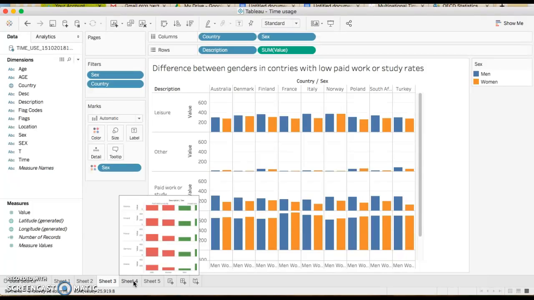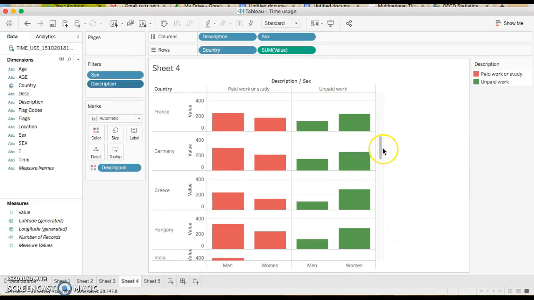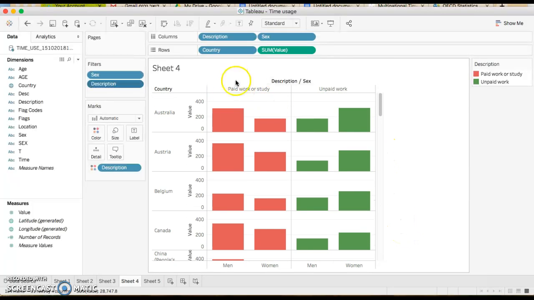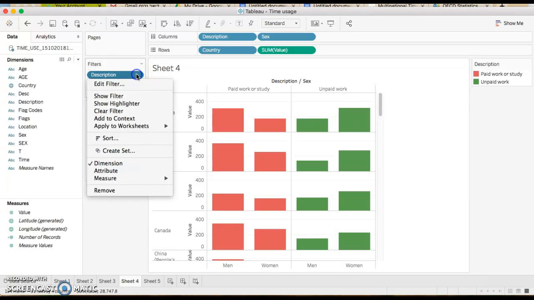Now I want to take a closer look at what happened across the world between men and women. I will look at paid work or study compared with unpaid work. In order to look only at these, first of all, we drag description because that's always something we want to look at. And we drag sex here. We drag it to filter, and we don't want to click on the total because that can be confusing sometimes, and it will add another column that we don't need. And description,